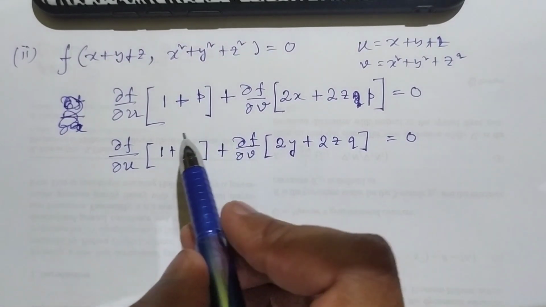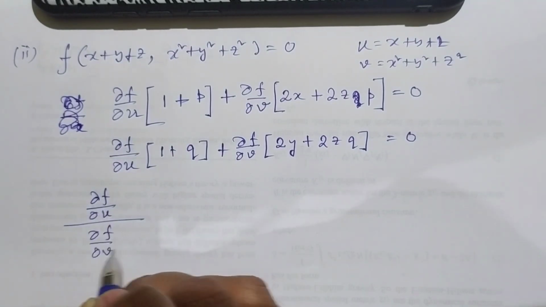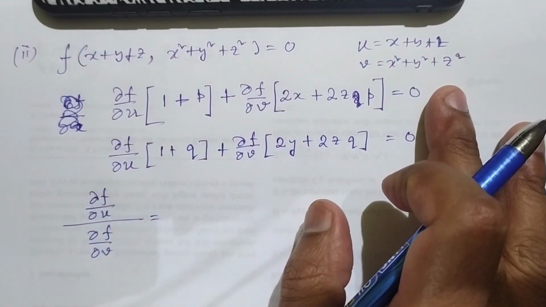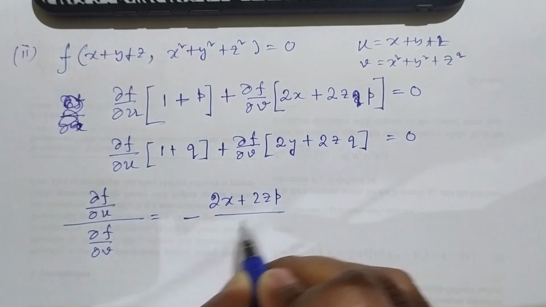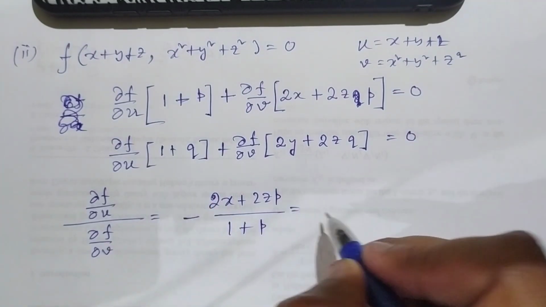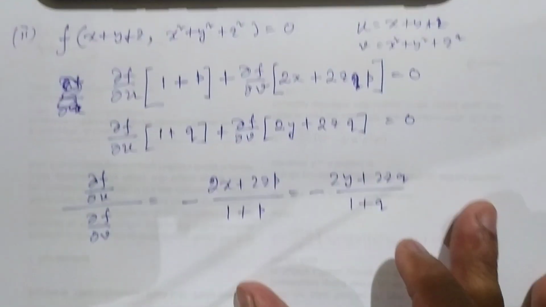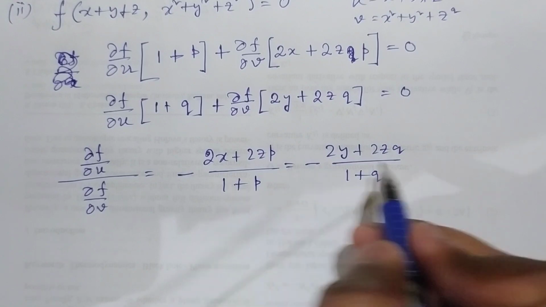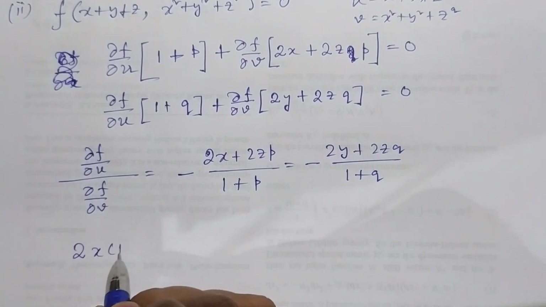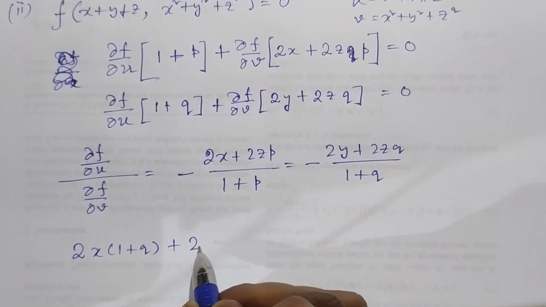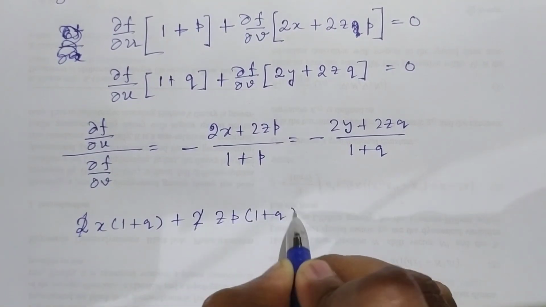Or actually simply we can state it like, see, del f del u over del f del v, we can think of it like we take it this side and divide by that, so minus 2x plus 2zp over 1 plus p, right? And from this equation the same will turn out to be minus 2y plus 2zq over 1 plus q. And now simplifying these two, what we can find is this is 2x(1 plus q), actually why am I carrying this 2, we can cut them out, and this is zp(1 plus q)